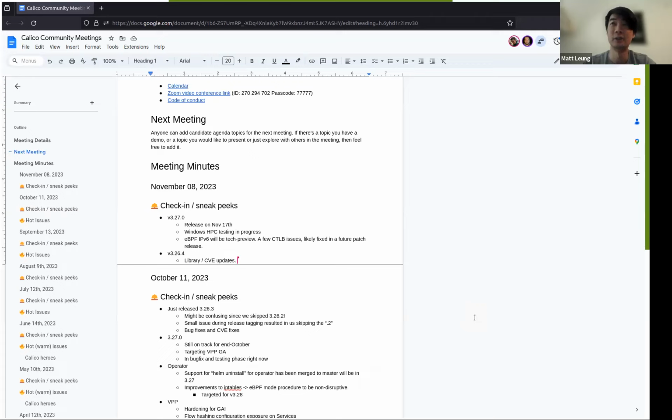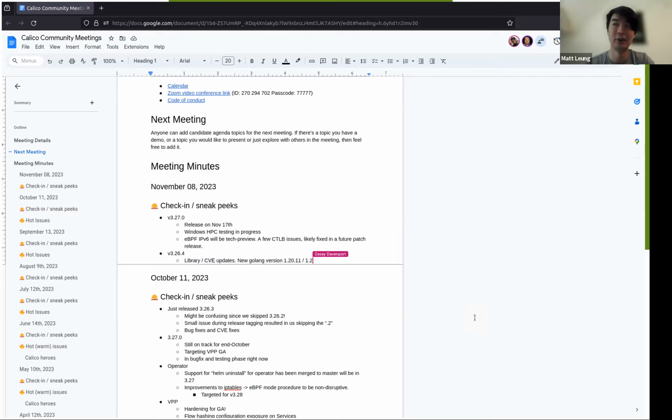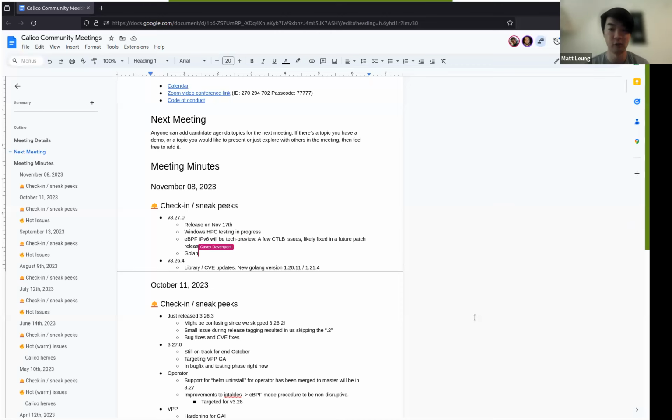Yesterday there was the Go 1.20.11 release, so we're going to uptake that and all the relevant libraries. There was also a 1.21.4 released yesterday as well. So the Go 1.21 version should be in 327, and 1.20.11 should be in, I believe, 326.4.